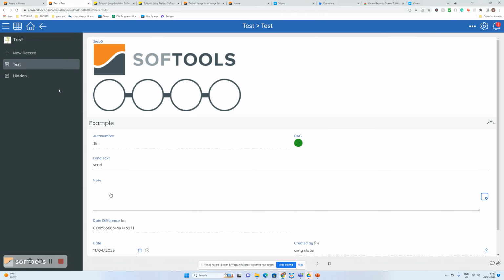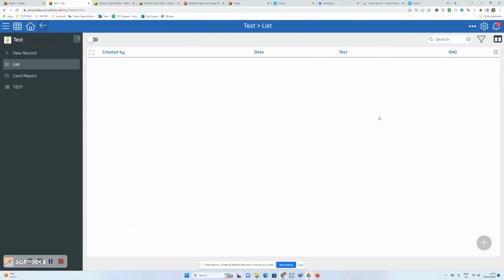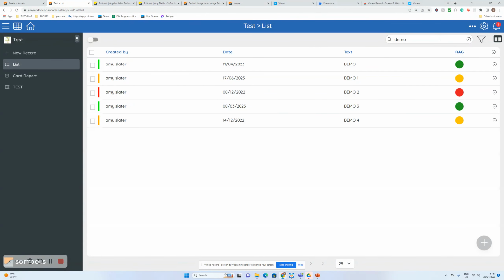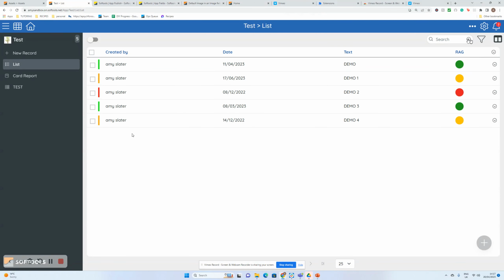So if you only have one or two records, it's possible just to quickly go into a record and change something, which will update the data. So as you can see, that one is now showing. But if you've got multiple records, which is probably the case, the easiest way to do it is through export and import. So you want to select all of your records,